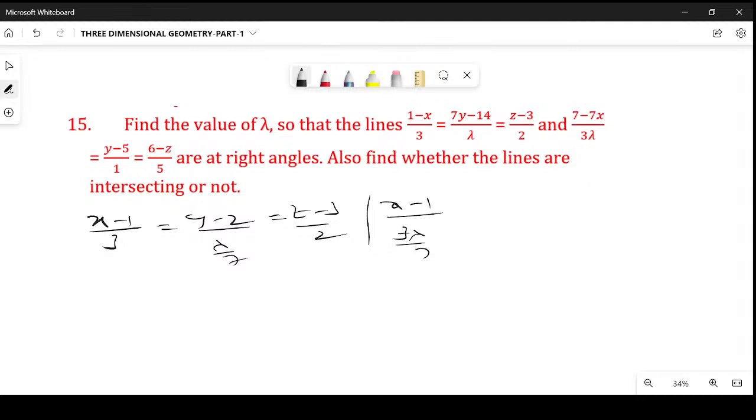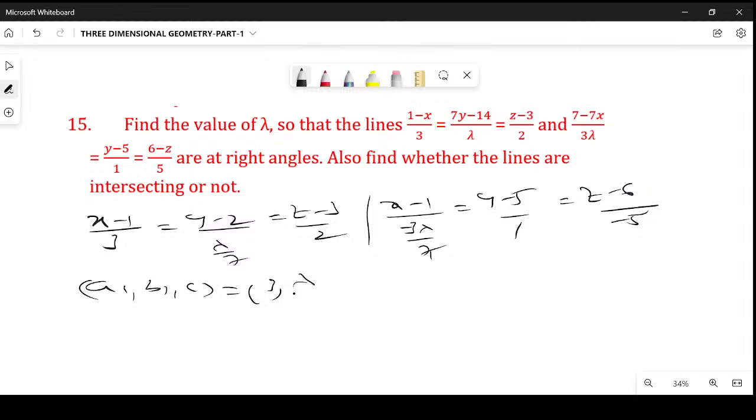3 minus 3 lambda by 7. Correct? Again 7 minus 7x. The given 7 minus 7x, you take minus 7 common. Again write minus 3 lambda by 7, 7, which is equal to y minus 5 by 1, and which is equal to, take minus common, z minus 6 by minus 5. Now you can see here, when I have taken this one, here direction is I can write a1 b1 c1, which is going to get it 3 comma 11 by 7